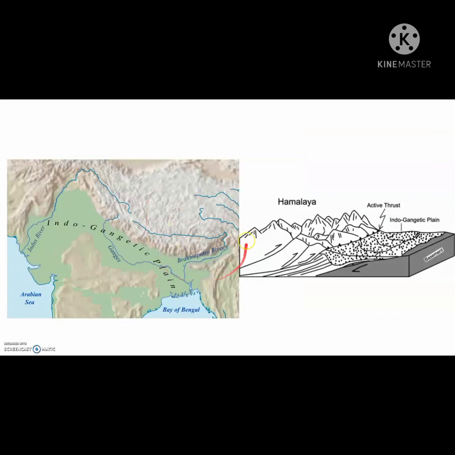The third one is the eastern plains. Eastern plains are also called the Brahmaputra plains. How were these formed? Formed due to the Brahmaputra river and its tributaries, tributaries like Dibang, Lohit, Subansiri, Dhansiri, etc. These are in some parts of Arunachal Pradesh and Assam. Because of the Brahmaputra river, there are flash floods in Assam.